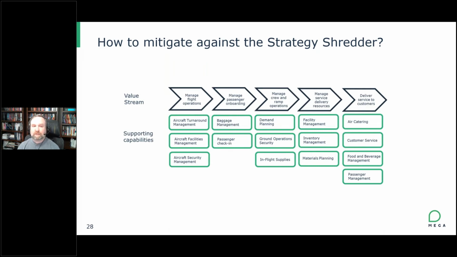So we can put together ways in which we could manage, and if we find it's underperforming and the strategy focus is on enhancing that element of the value stream and/or the capability itself, then we can have a dialogue and a discussion and say, what's the people, process, and technology that needs to change in order to improve the metrics on that capability so that we can fulfill the organizational strategy.